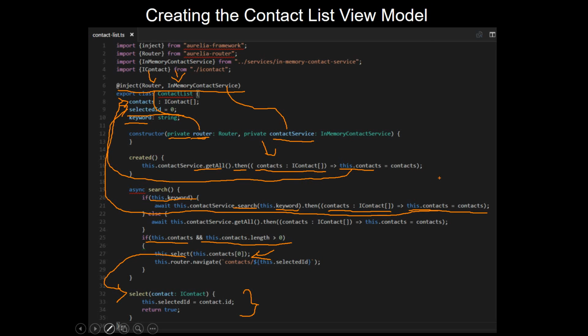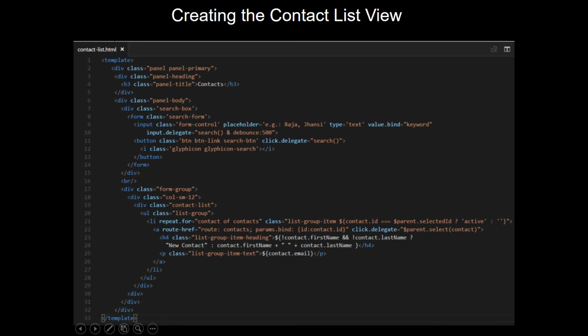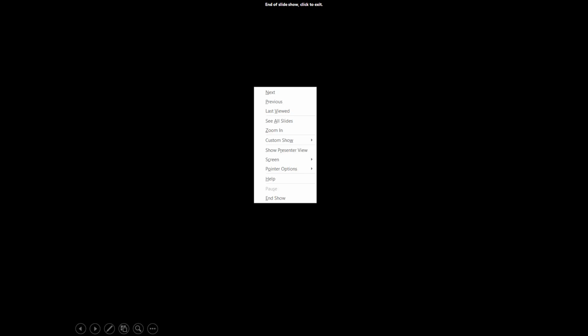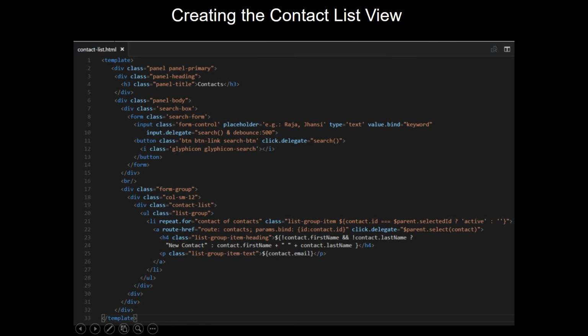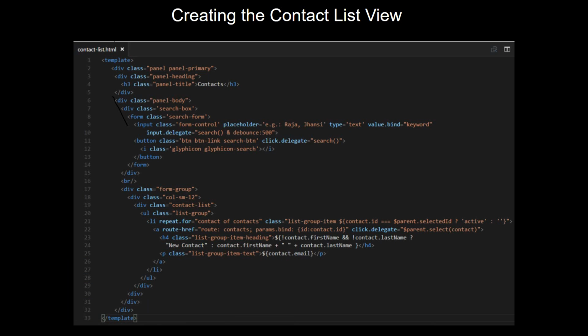Okay, so let's jump into the view. The view is interesting because it has two parts. Like I said, the top part is a search bar, and that's what this area is all about. So here is where I'm building that search component. Over here, this part is all about